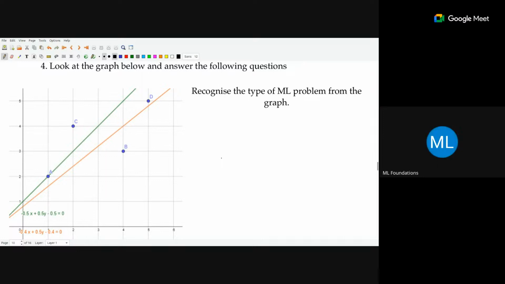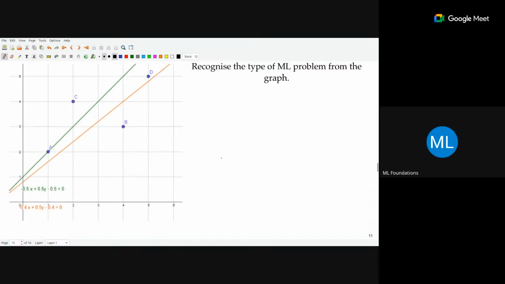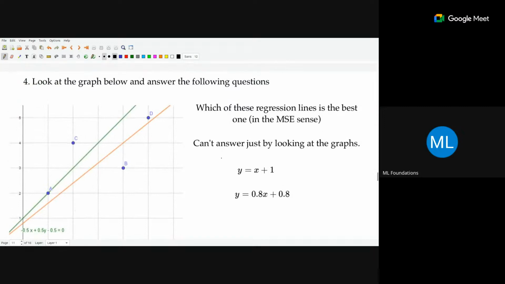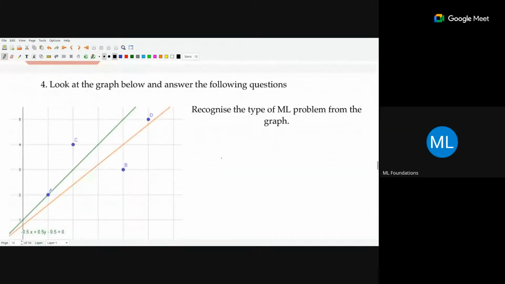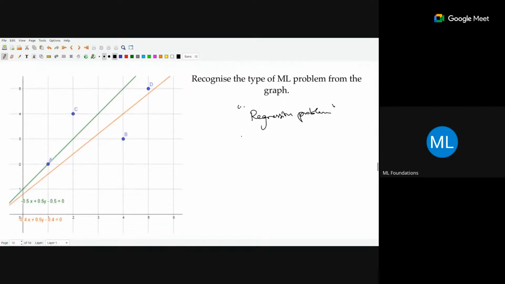By looking at this graph itself, it is very difficult to conclude whether it falls under regression or classification. But as of now, I have 2 different models, one is the green line and the other one is the orange line. In this particular problem, I just want you to consider this as a regression problem. If more data points are given to us, then it will be very easy to judge whether it falls under regression or classification. So as of now, just assume that we are going to do a regression model,